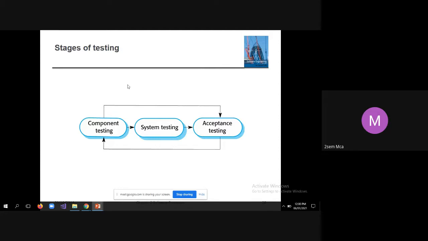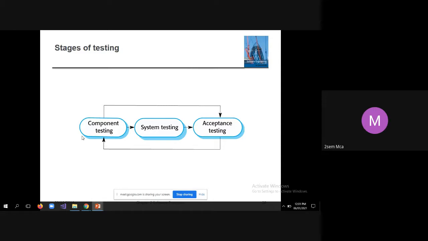So these are the stages of testing: component testing, system testing, and acceptance testing. Say, for example, you have tested all the individual components, then system testing is done. Then during acceptance testing, say for example, one of the user interfaces is not designed as per the suggestions given by the client, then that will be sent for redesign.